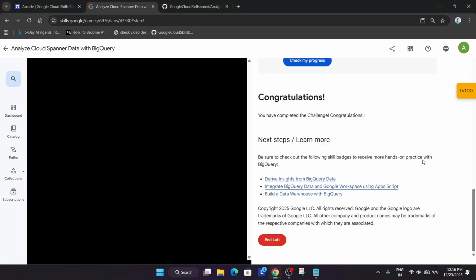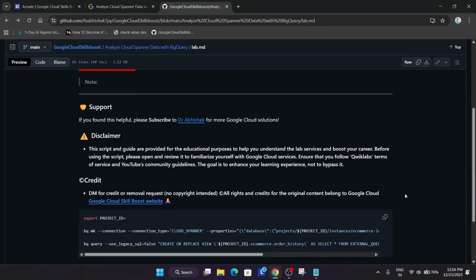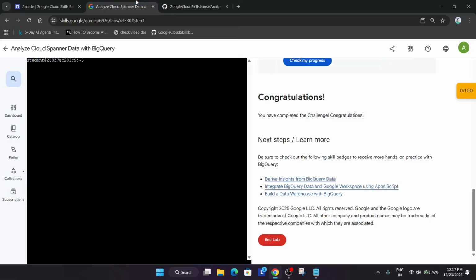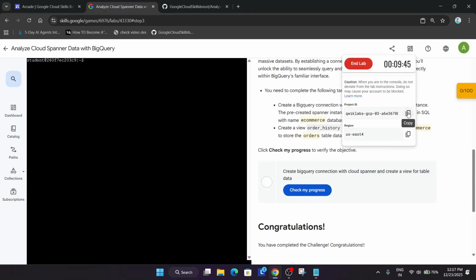Now once the lab is started, in the description box I've shared this GitHub repository. Come over here, select the entire content and open any online notepad or personal notepad. I prefer personal notepad. Now here come to the lab instruction, and from here just update the project ID first